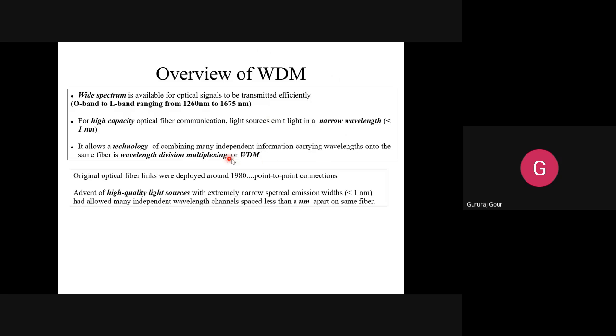With the invention of highly coherent light sources, which are able to generate the optical ray or photons with a wavelength width very much less than even 1 nanometer,